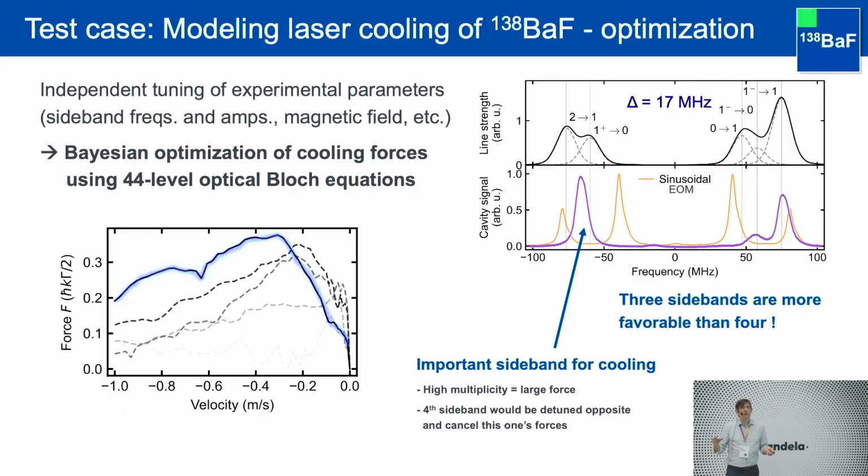And then also you learn something about the general complexity here. Why is it just this single one and not 2 transitions that you drive here? Well, if you were to apply a second sideband, then you know that you have to red detune or blue detune to get cooling or heating. And in this doublet, so to say, if you're detuning one of the transitions one way, then you're always detuned in the wrong way for the other transition. So you're basically killing your forces with the second sideband that you're applying. And so it's much better to just have a single one.